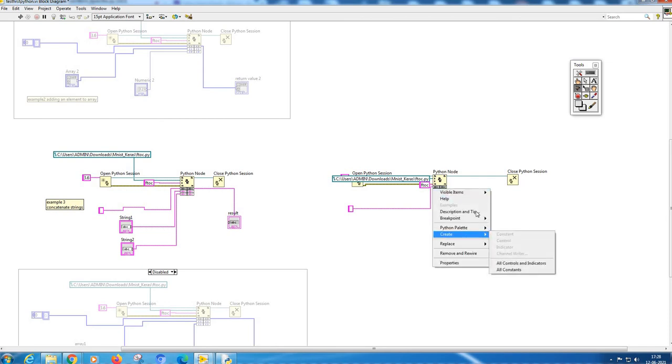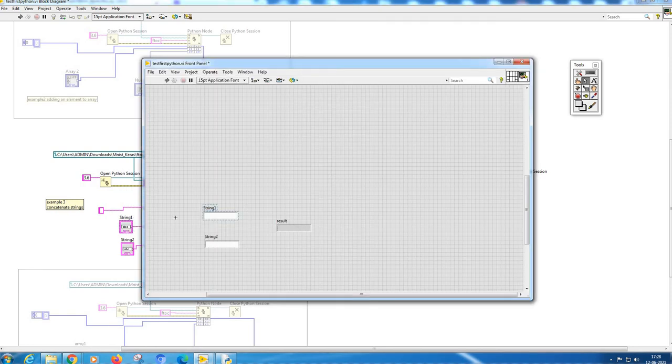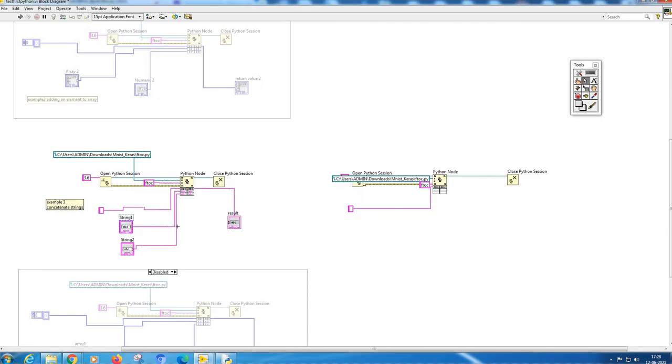So I have to create a control of this. Control means you are going to feed string 1 and string 2. So this string 1, you can connect here. Let's say I am taking it from here, it is string 1, and I am connecting it into here. Then string 2 you can connect from here, the next input. String 1 and string 2.